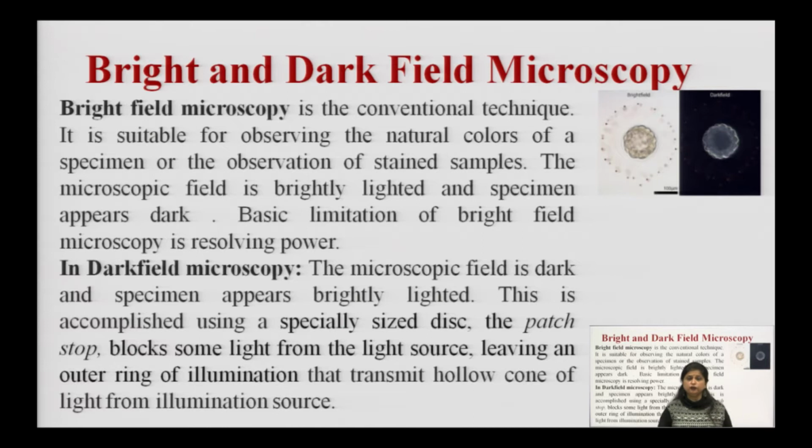Now, what do we actually mean by bright field microscopy? Bright field microscopy is the conventional technique. We have been using this technique since even the 1950s. Even in the 1800s we were using these simple microscopes, in which we just place a slide and after adding the specimen on the slide, we observe under the microscope, and we can easily see the structure of plant cells, the structure of animal cells, and we can go for the study of various bacteria, viruses, and fungi.